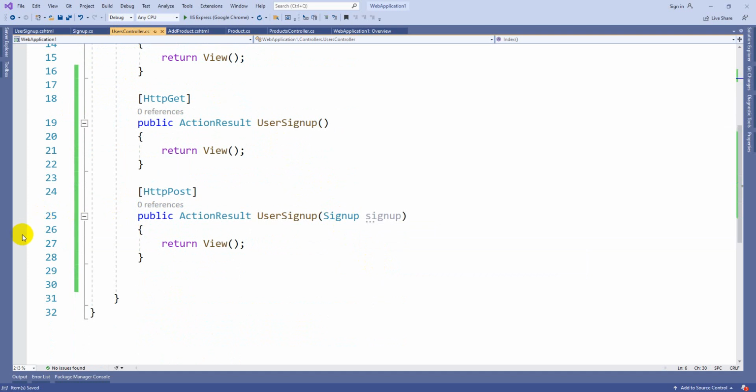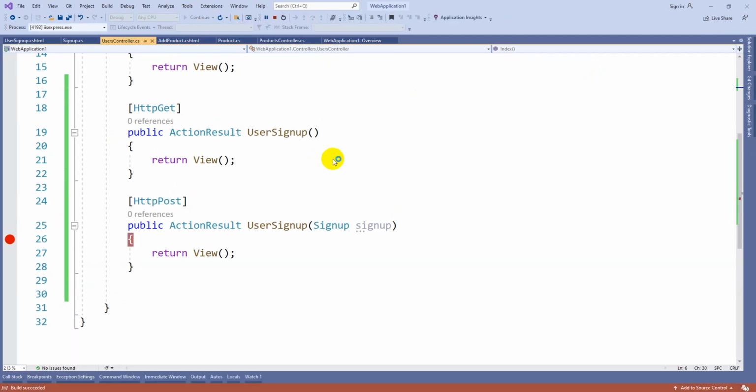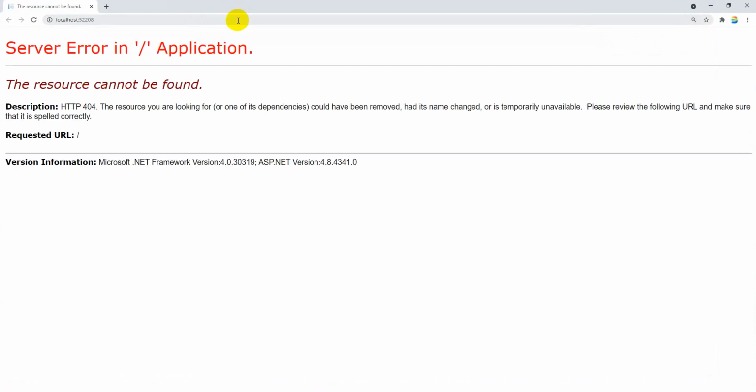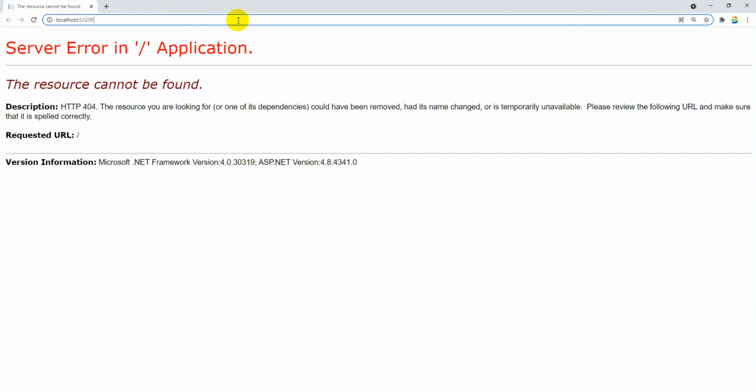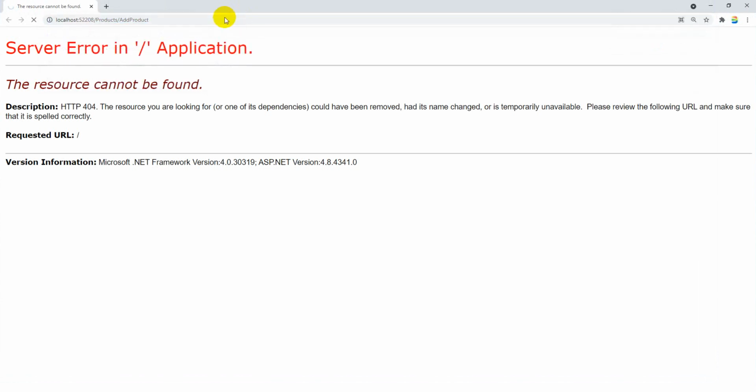Let me keep a breakpoint here. So now let's execute. You know this is not an error, right? Because we didn't configure which controller to execute by default.